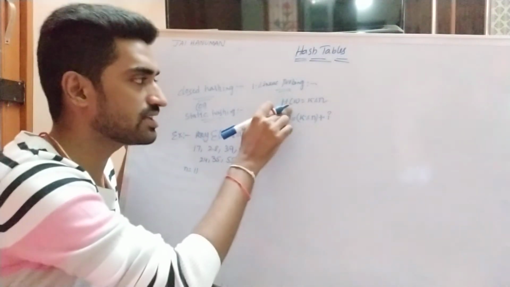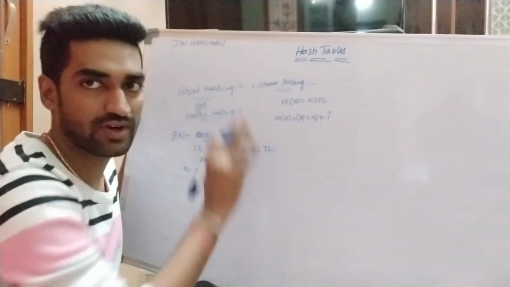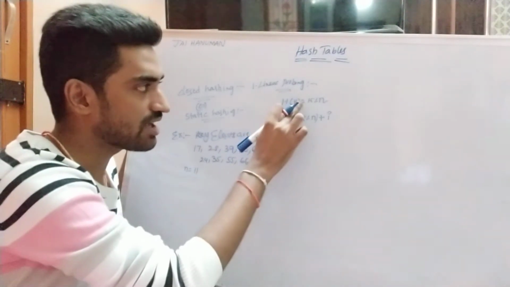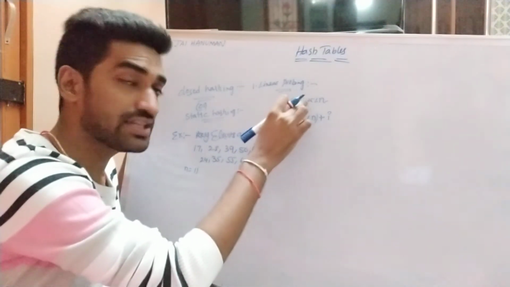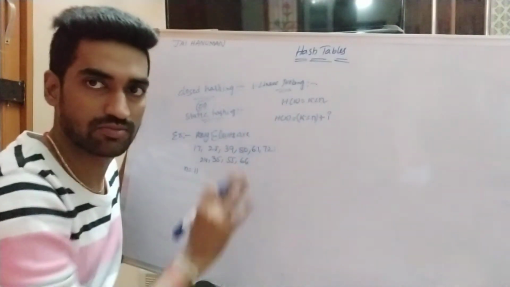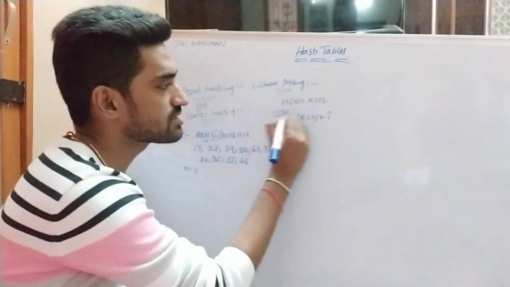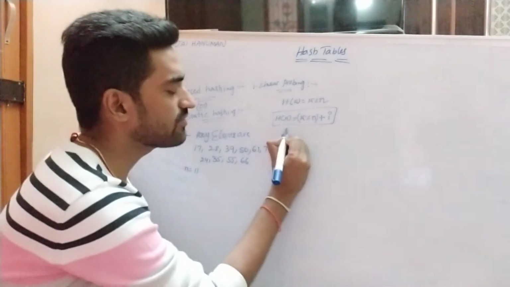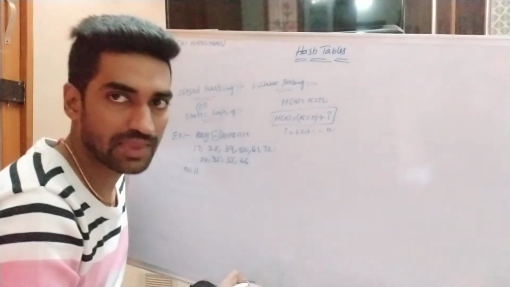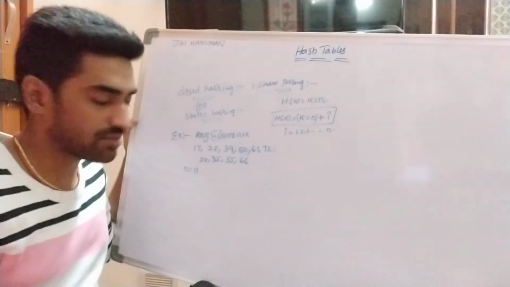Once collision is occurred in hash tables, then immediately linear probing uses the following formula. Initially the formula h of k is equal to k modulo division of n is used for performing hashing operation. Once collision is occurred, then only linear probing uses this formula, right? The i value starts from 1, 2, 3 up to n values. For that purpose I am considering one example.